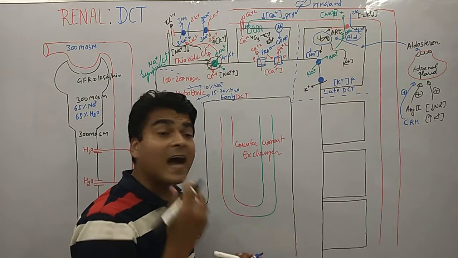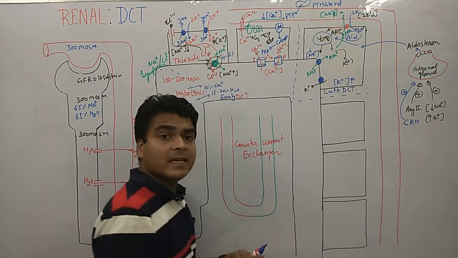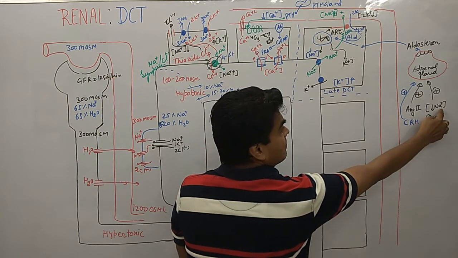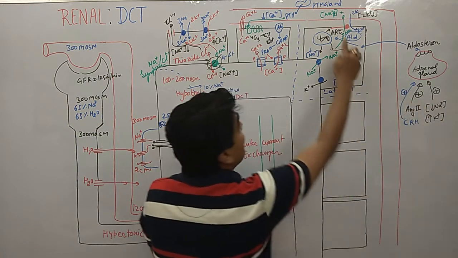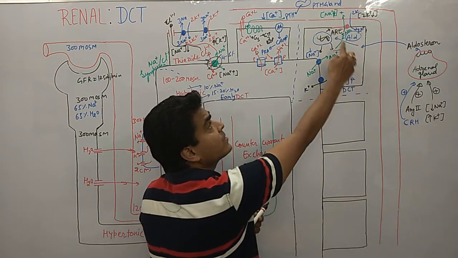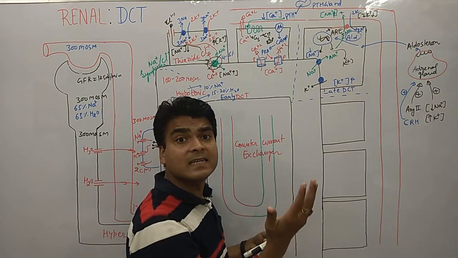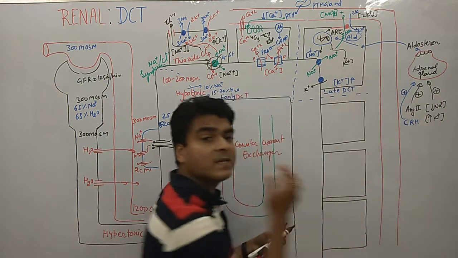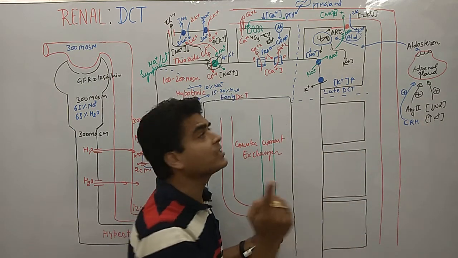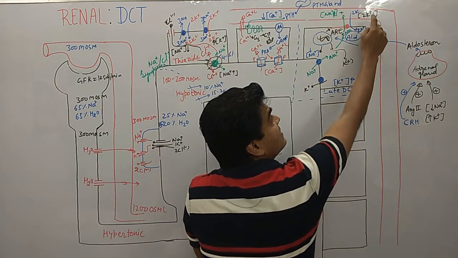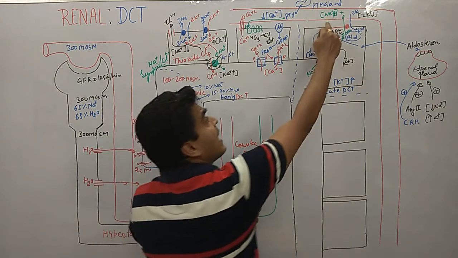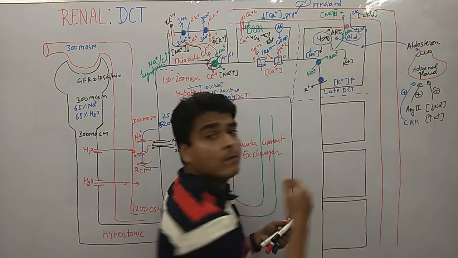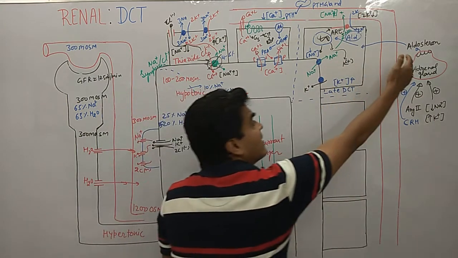Clear everyone? So why was aldosterone released? In the blood there was a lesser amount of sodium. In the earlier condition sodium was less, and now due to release of aldosterone there is an increase of sodium concentration. What happened with the potassium? There was an increase of potassium in the earlier condition. After the release of aldosterone, there is a decrease in the concentration of potassium. So we are maintaining the sodium level as well as the potassium level, which are required, after the release of aldosterone.